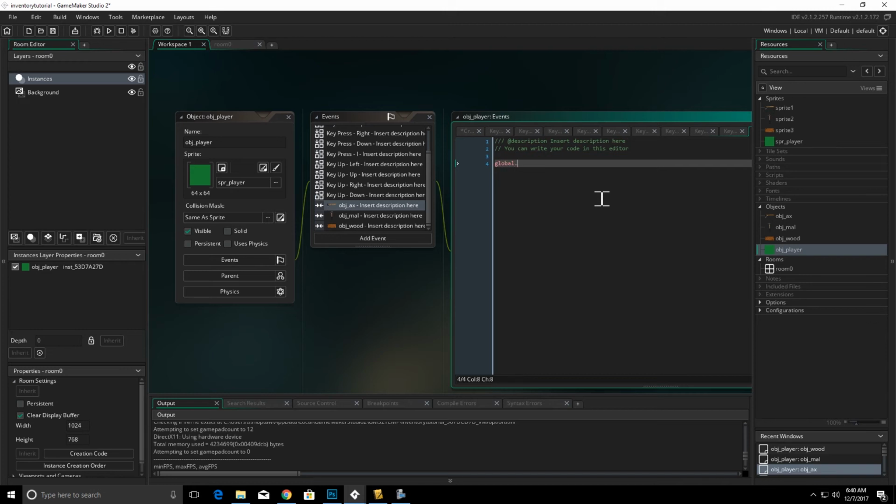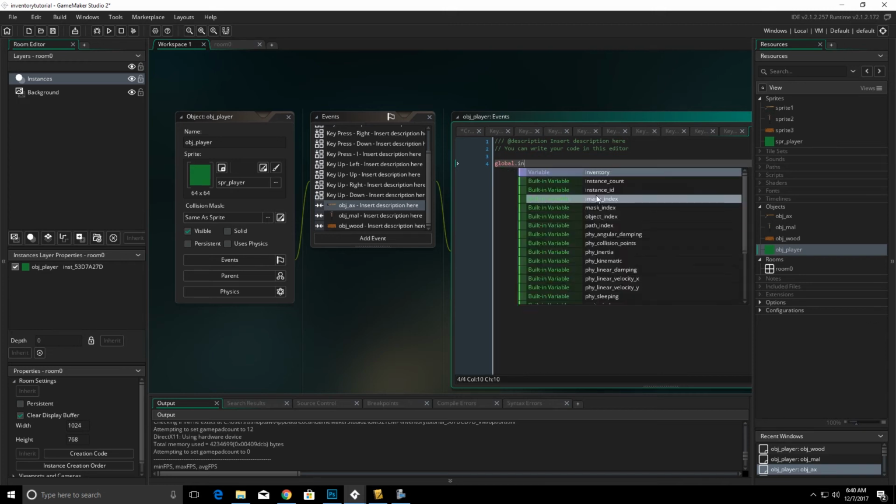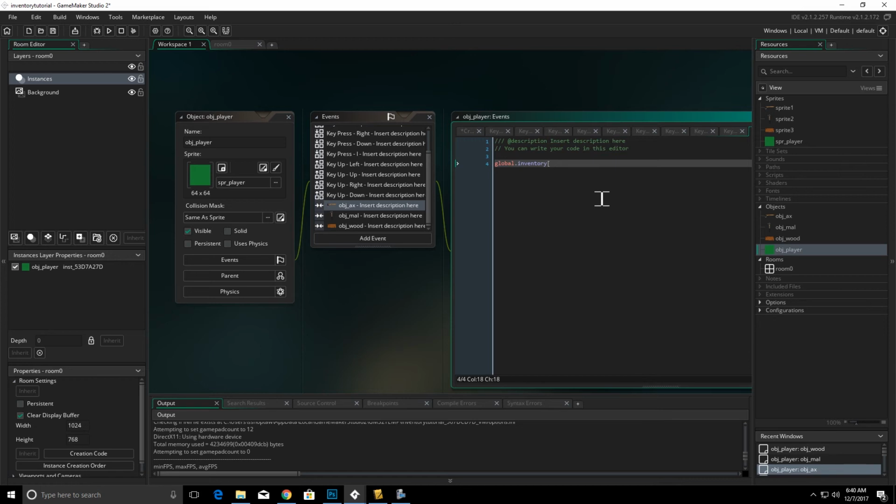So we're going to start with global inventory with the brackets. Now normally you would have a number here, but we're going to put iCounter equals axe. Now what this is saying is, in our array, whichever spot that is next, we're going to put